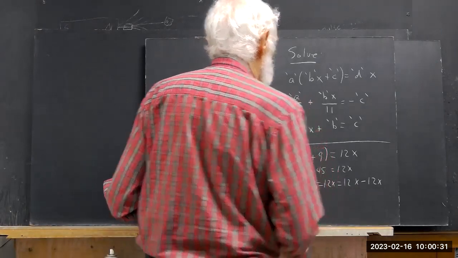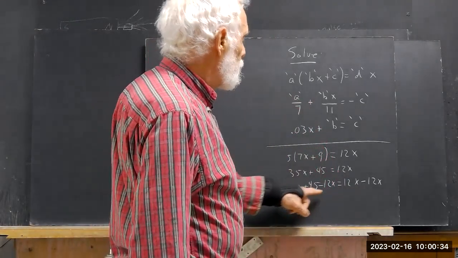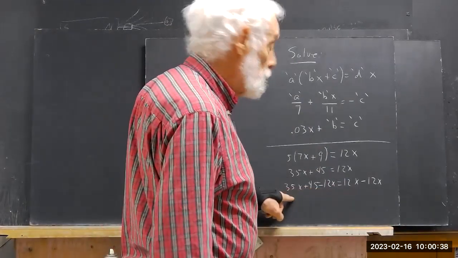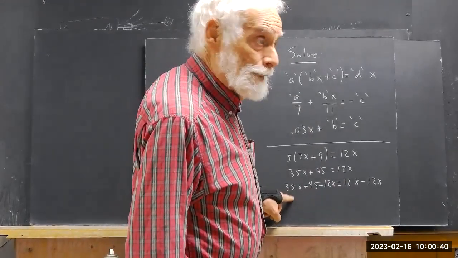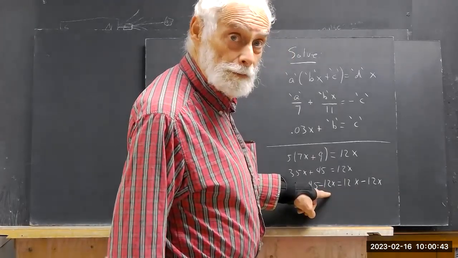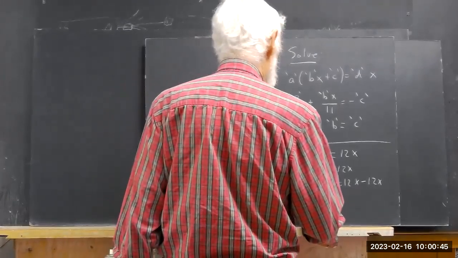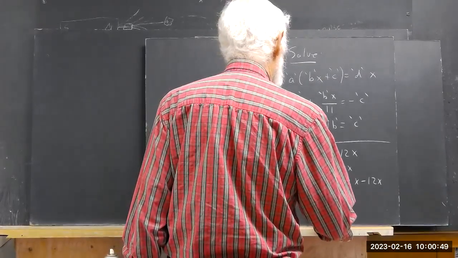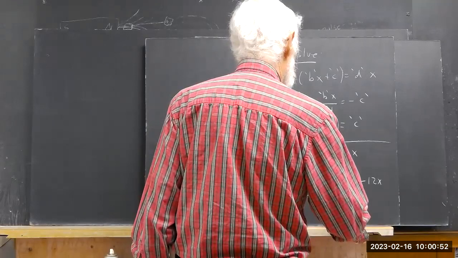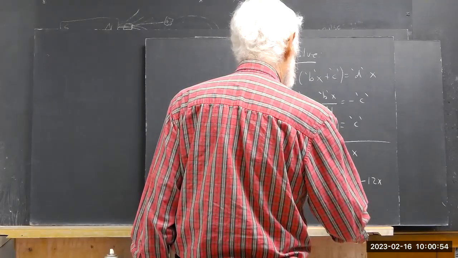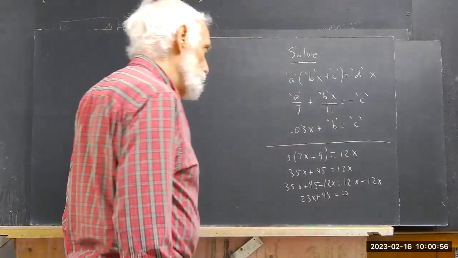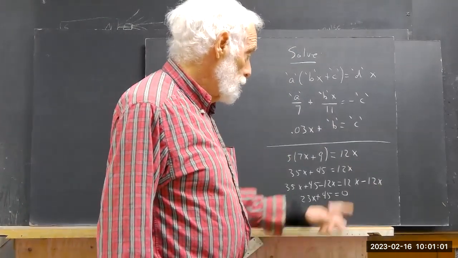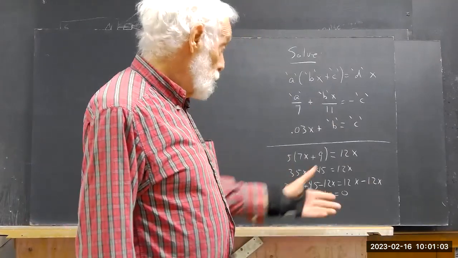Anyhow, what do we have? You can't subtract 12x from 45. But you can subtract 12x from 35x. You got 35 of them, you subtract 12 of them. You end up with 23 of them. You end up with 23x plus 45 equals 0. We didn't have anything but the 12x over here, so when I subtract 12x,